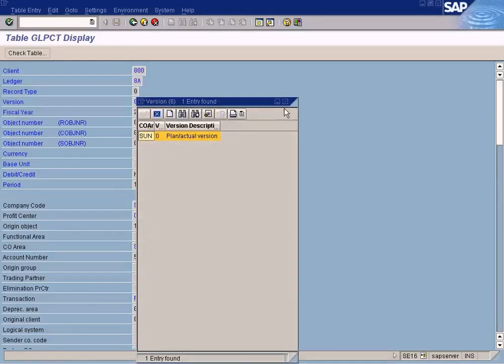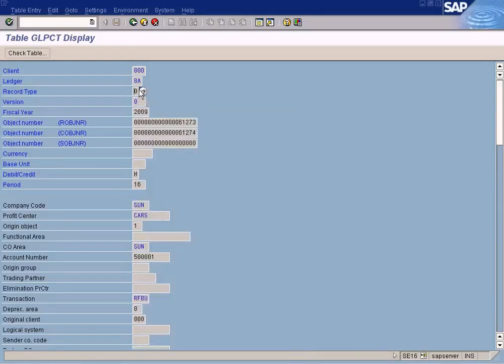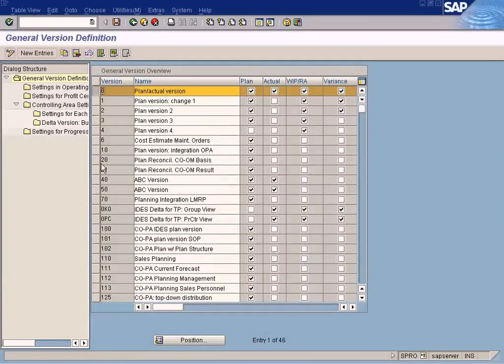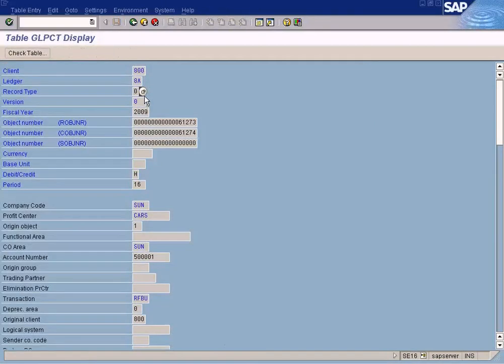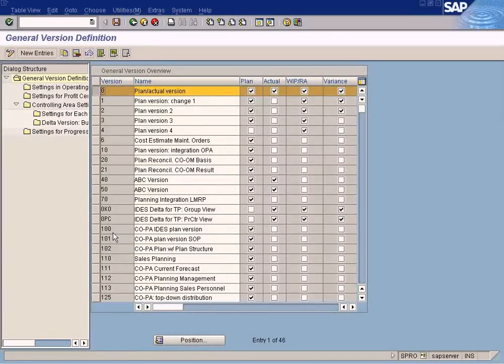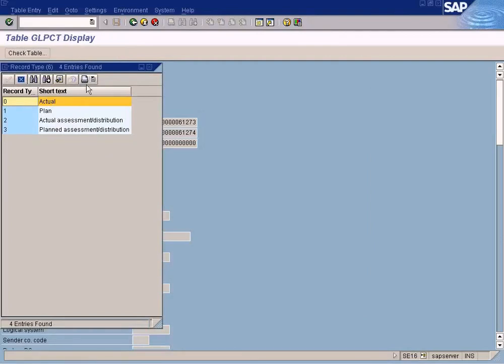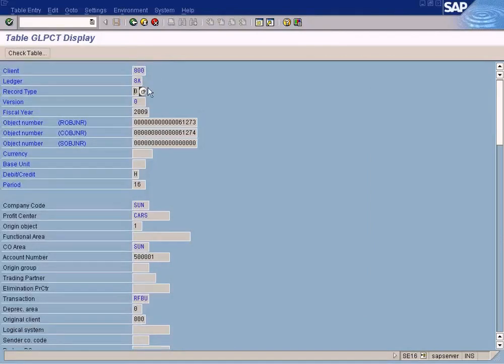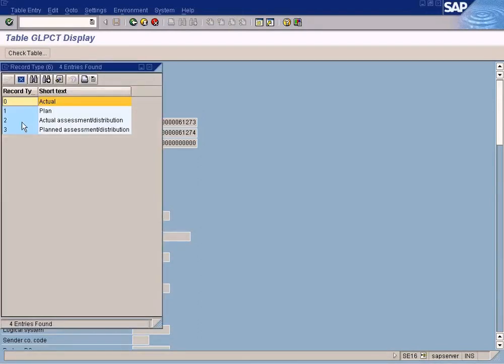This is the version table and this is the record type table, which is fixed. During my early days in SAP, I used to get confused that the record type is actually the version, but later on I understood that it's not the case. Record type is fixed numbering from 0 to 3 to determine whether it's storing the actual data or planned data. Version is totally different,